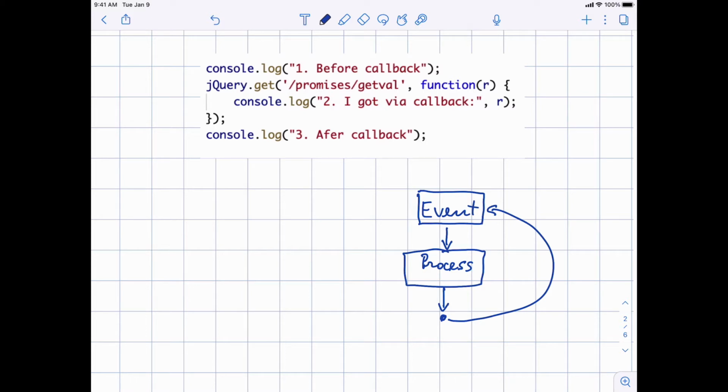But while you process an event, you never ever want to stop. So in order to do a network call in this way, you do as follows. So let me give the numbers again. Here is 1 before the call, and here is 2 once we have the result available, okay? And here we have 3, which is after the call.